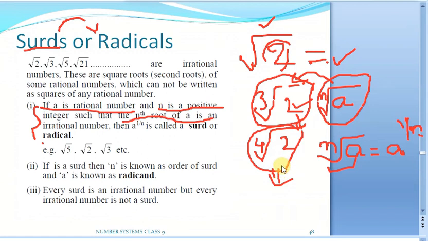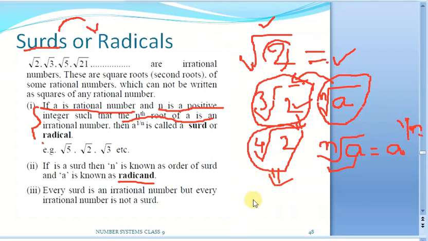So we have to check the 3 things. First, inside there has to be a rational number. Second, the outside, which we will come to know in further discussion, we call it the radical index. We shall see it later. This has to be a positive integer. Now the overall result has to be irrational. These 3 points are important to check whether the given number is a surd or not. So let me take one more example, it will be clear to you.